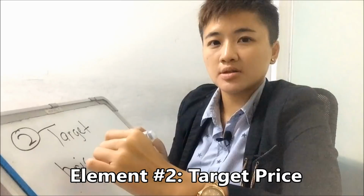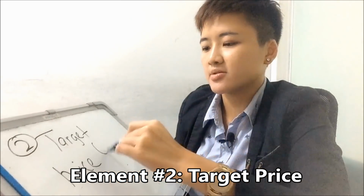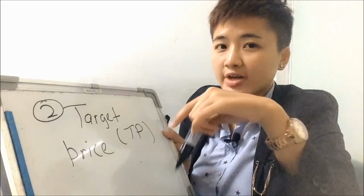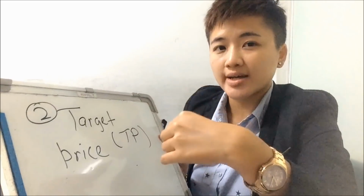target price. Or in other words, some people call it where should I take my profits. Your TP level. Now make sure by now you already know what TP is, because it is a very common term used by a lot of traders. When it comes to TP level, you don't want to set it too tight, you also don't want to set